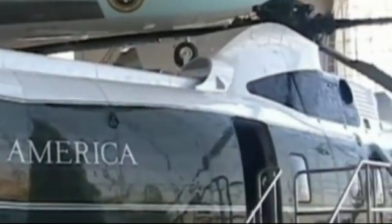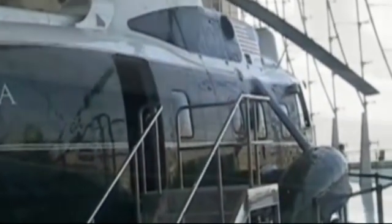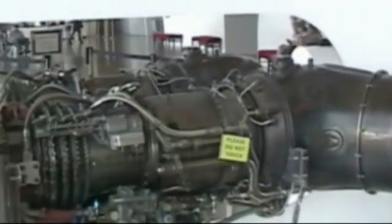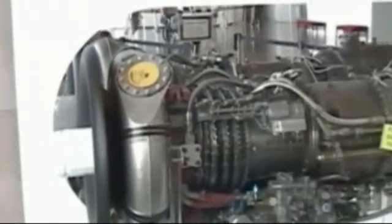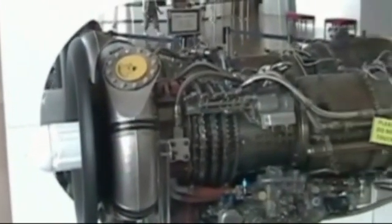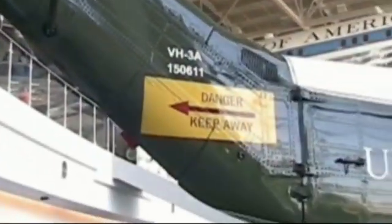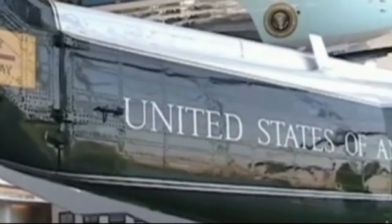We are now looking at Marine One. This is the helicopter maintained by the United States Marine Corps for presidential transportation. Now, that responsibility was shared with the United States Army until 1976. I believe this is a Sikorsky VH-3D, which entered service in 1978. It is a twin-engine, all-weather helicopter using two GE T-58 turboshaft engines. And I'm very happy these engines are on